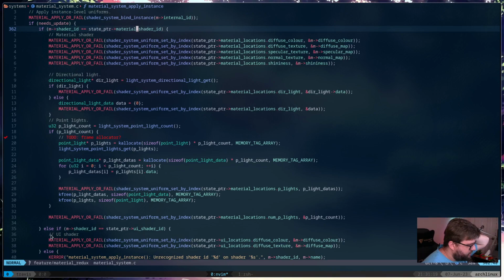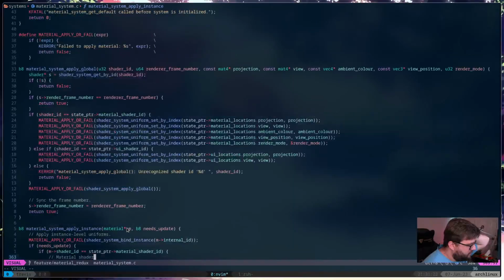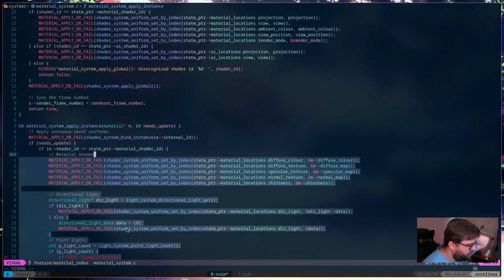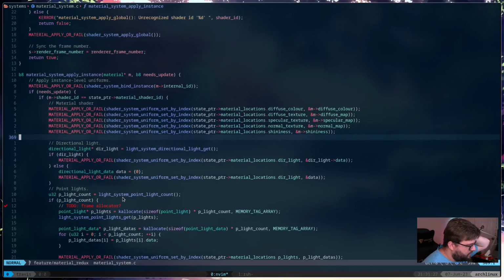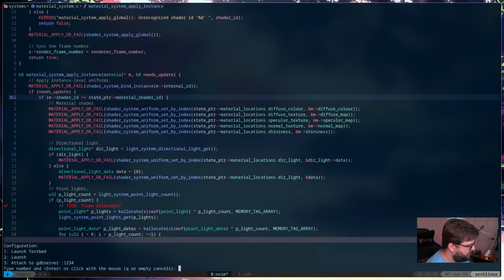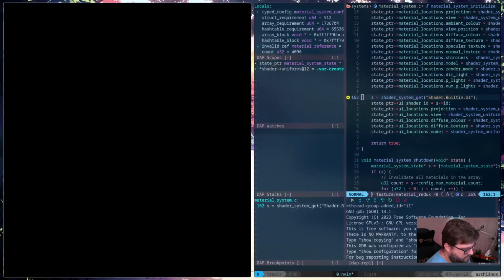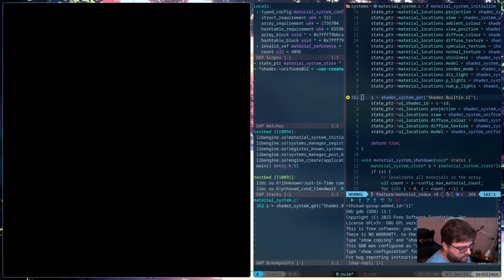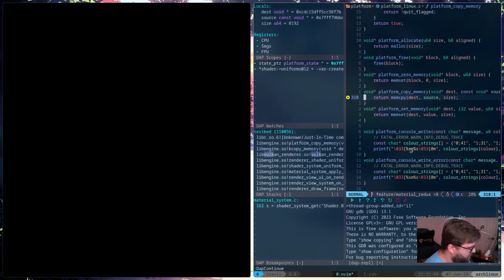That's the problem, because it should be going into this branch and it's not. Okay. Let me run again. Wondering where we went wrong.